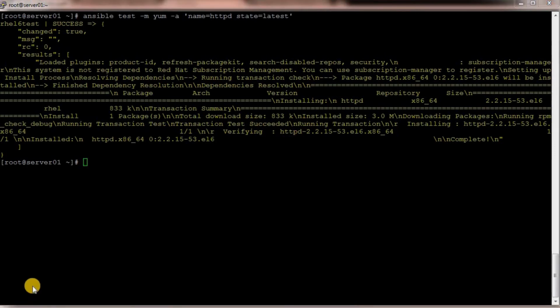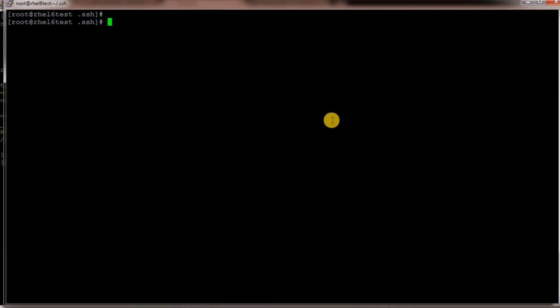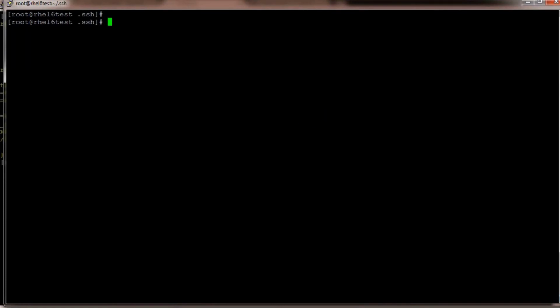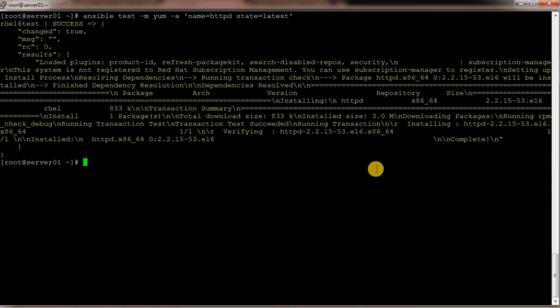So if I just go to test system and do an RPM query for httpd, it is installed. Not sure, there was some problem I believe, and due to that, when I specify multiple commands or multiple modules here, it was unable to install it. So anyway, now it is installed and it is showing in yellow, and I'm running the same command again, and now it should do only the